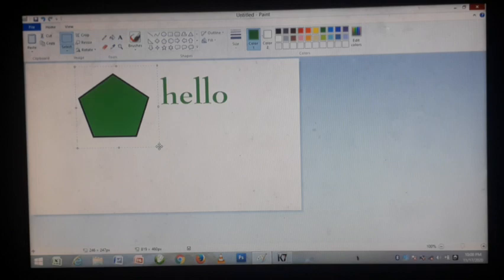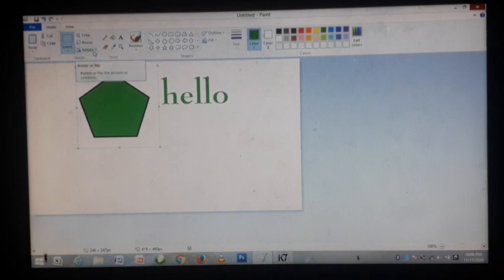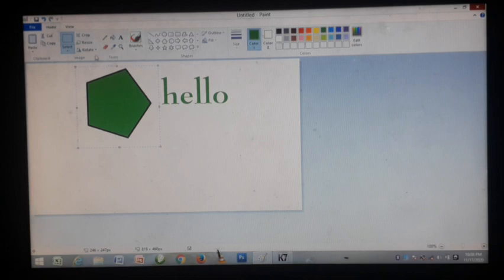What is the use of the rotate tool? The rotate tool is used to rotate the image. How do we rotate an image? First, select the image by using the select tool. Then go to the rotate option. Here are so many options. Rotate right 90 degrees: the image is rotated to the right side 90 degrees.